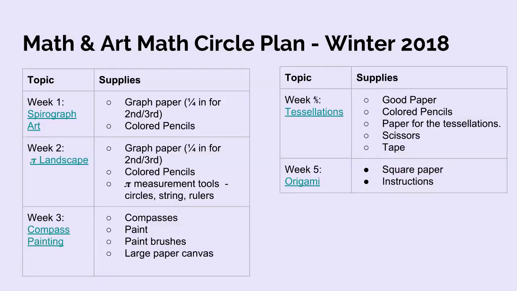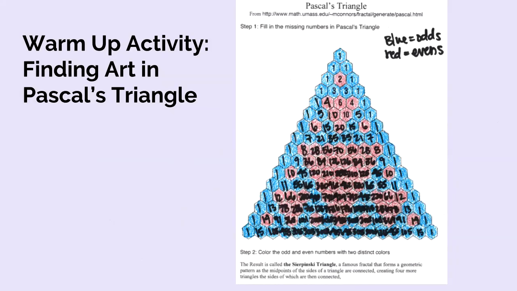In regards to the next level up, we will be meeting for 5 weeks. And over those 5 weeks, we will be specifically focusing all on the same topic. This is what it looked like in winter 2018 when we did math and art. And this is the sort of resource that you would be emailed ahead of time. You would have access to a whole presentation about what we're going to do for the 5 weeks of Math Circle, as well as the supplies. And then if you clicked on those highlighted green links, you would see what the actual plan was.